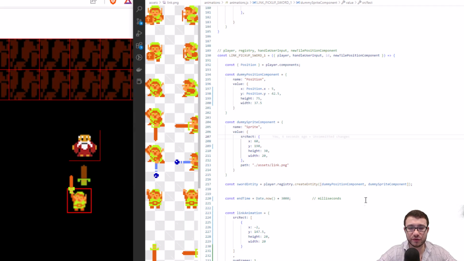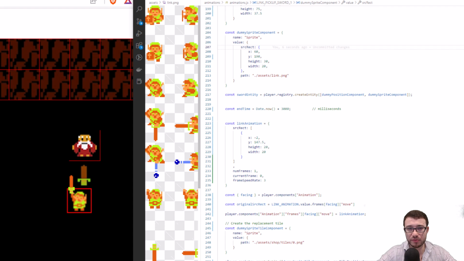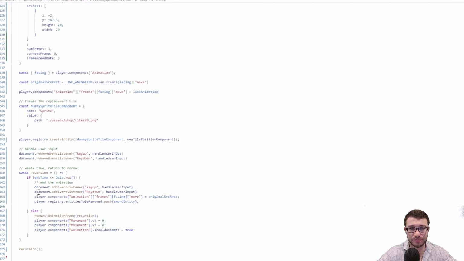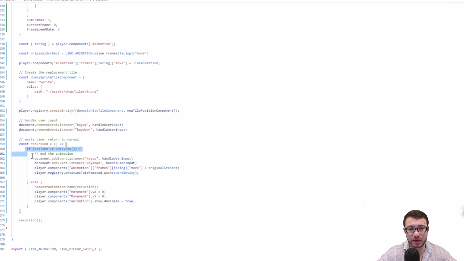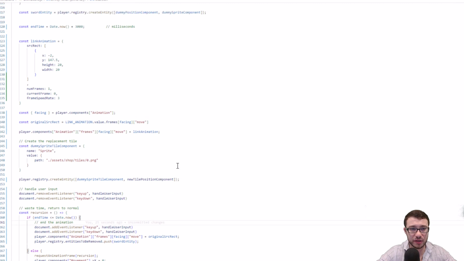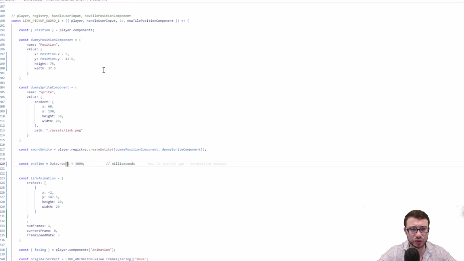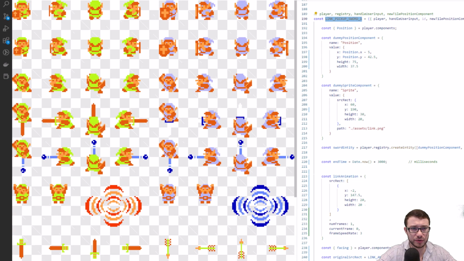So cool. That's our first problem. And our second problem was that we are not exiting the animation. So obviously there is an issue with this if statement. The date now is never greater than the end time. I have a feeling that means that the end time is also incrementing, even though it's taking this timestamp, which makes sense because actually this Link pickup sword, if we go into the system,